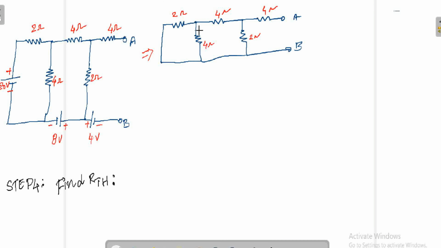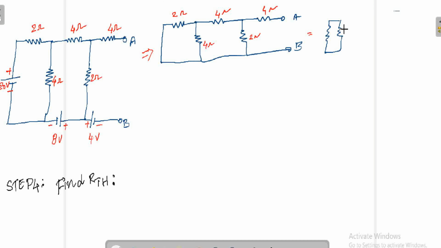star delta. So here, by seeing the circuit, there is no necessity of going for star and delta connection. We can simply find it with the help of series and parallel. If you have observed here, this 2 ohms and 4 ohms, we can draw the circuit like this. We can draw the same circuit like the 2 ohms is starting from this point, and this 4 ohms is also starting from the same point. So I can draw this as your 4 ohms.